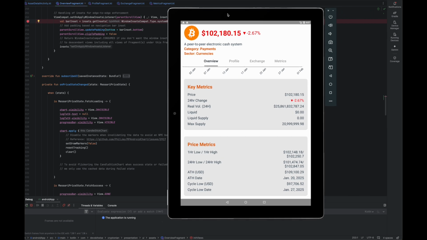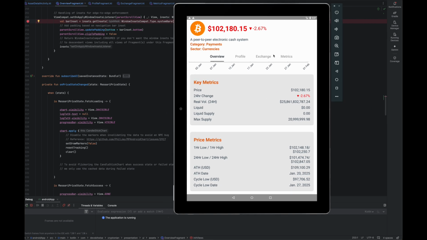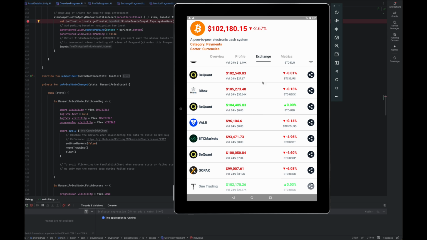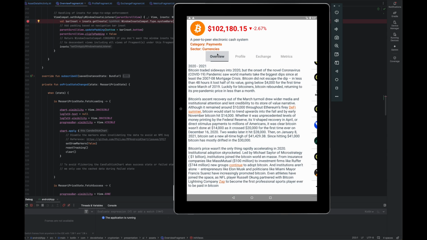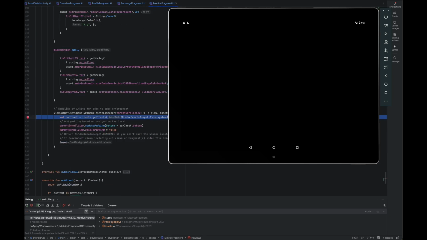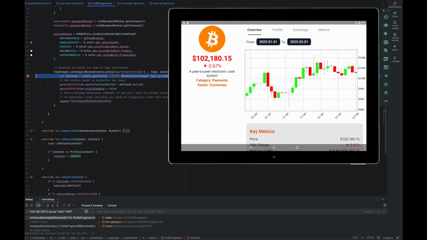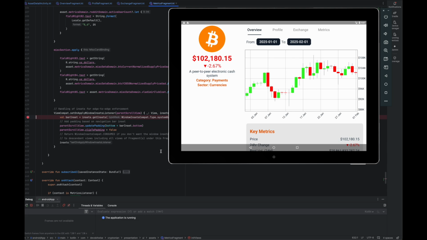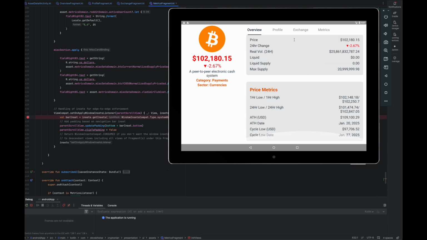We will see that if I rotate the device to trigger the configuration change, I was able to receive all of the callbacks on each fragment, right? So at this point, I really don't know what is happening.